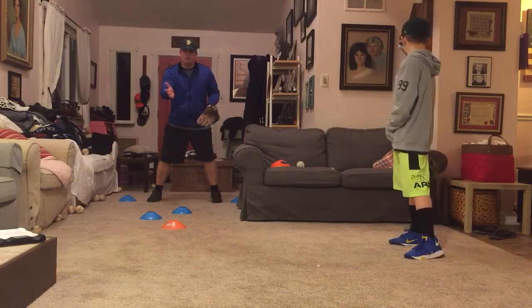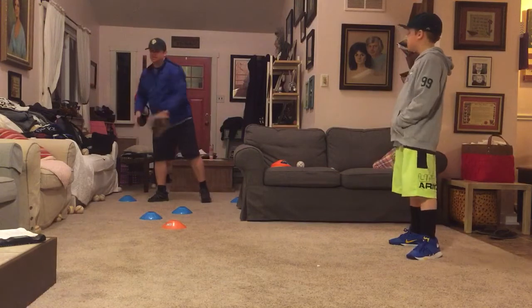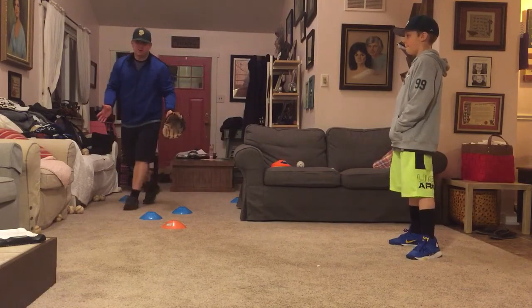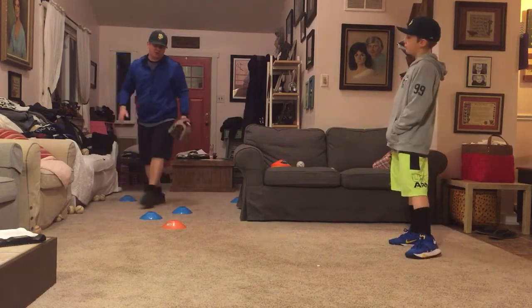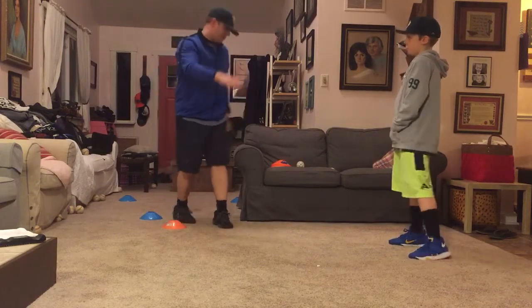It's a regular ground ball right at us, okay? We don't have to go to the left. We don't have to go to the right. Ground ball right at us. So what we want to do is we want to make a nice round angle to go towards first base,